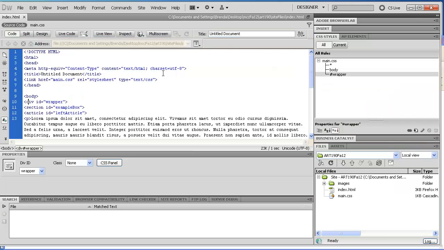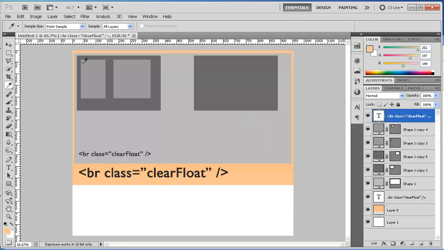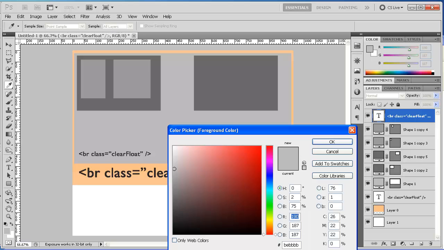Okay, the next thing is this box. We don't have our clear floats in yet, and I want you to see what happens if we don't do clear floats. So this box, we have a color for this box. This will be the last thing I do in this video. I'm going to continue it in the next video. So that's my sample,